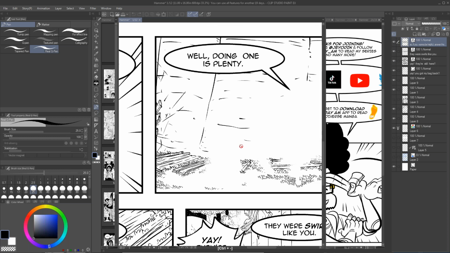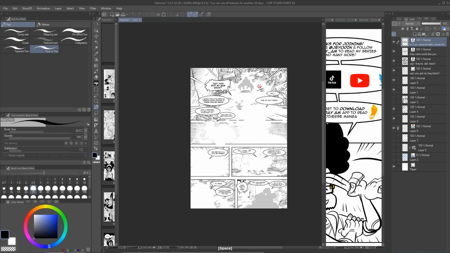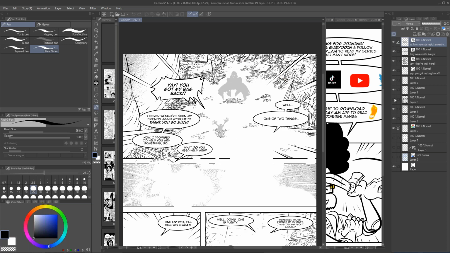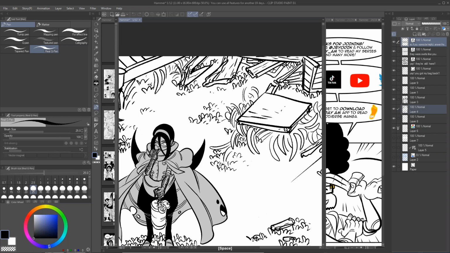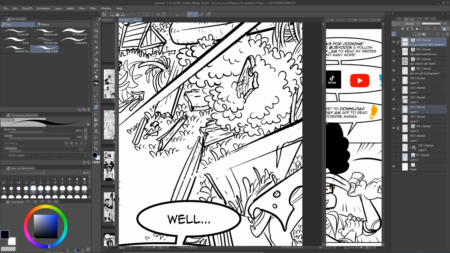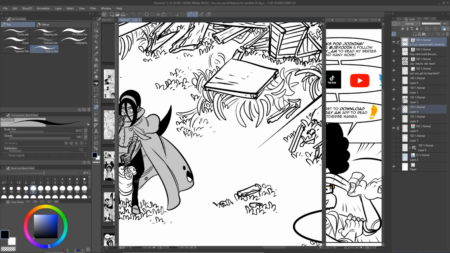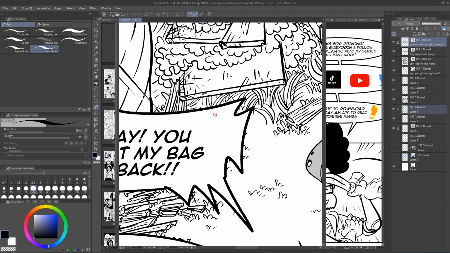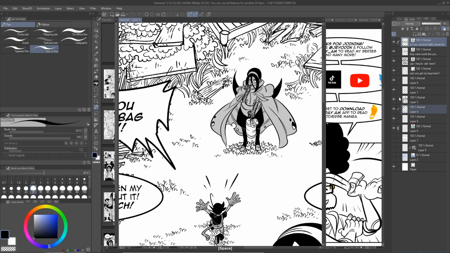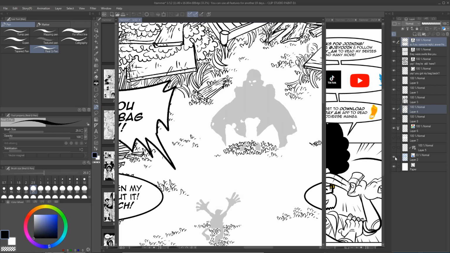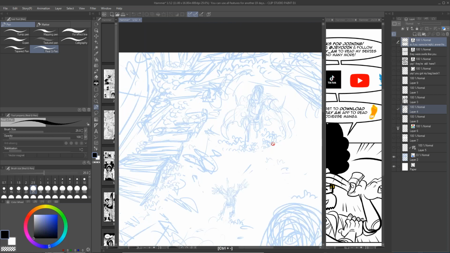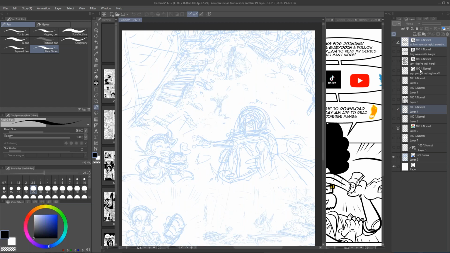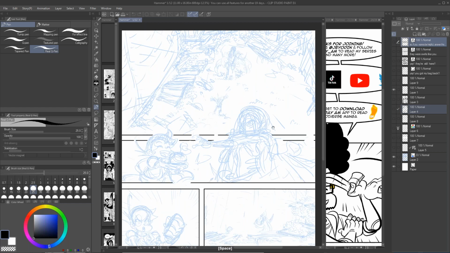These are all the people I just took out. And as you can see, this background is so detailed. I had to zoom in and make sure that there were all these blades of grass, and all this destroyed wood and everything. And how I was able to do that, let me see if I can bring this up. Here you go. All right, so this is the blue pencil for this page. Let me turn that on.